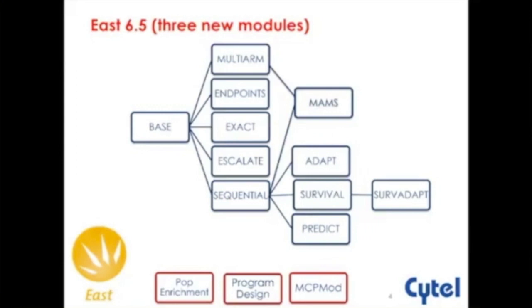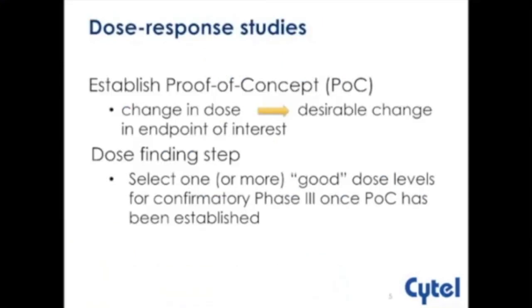So let's begin by going first into the MCP Mod module, which deals in general with dose response studies. The goal of these studies is to establish proof of concept and see basically how a change in the dose results in a desirable change in the endpoint of interest. And the second goal is a dose-finding step, one that tries to select one or maybe more than one good dose levels so that it can be passed over for a confirmatory phase 3 trial once proof of concept has been established. The current approach, the traditional approach,